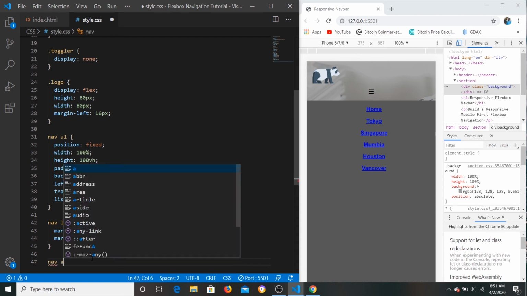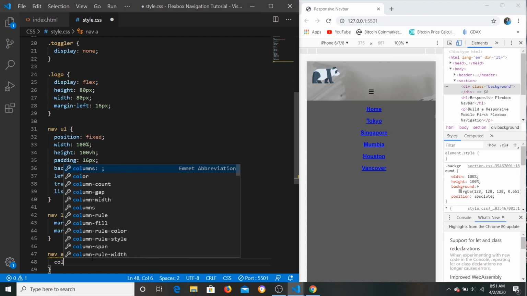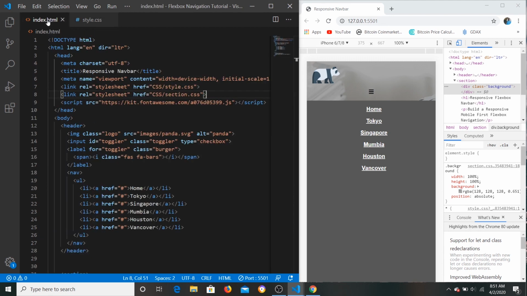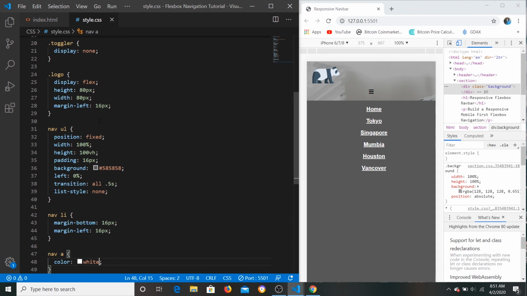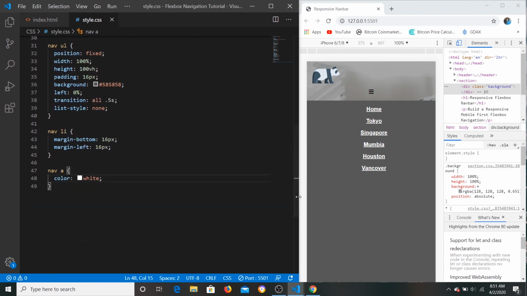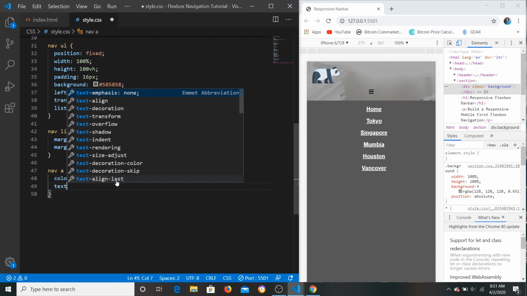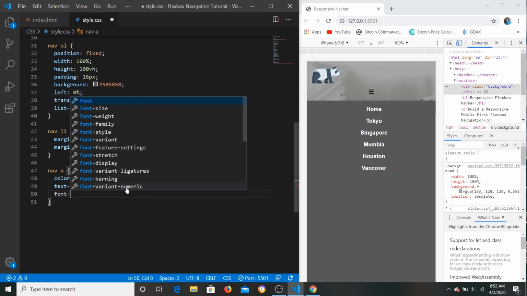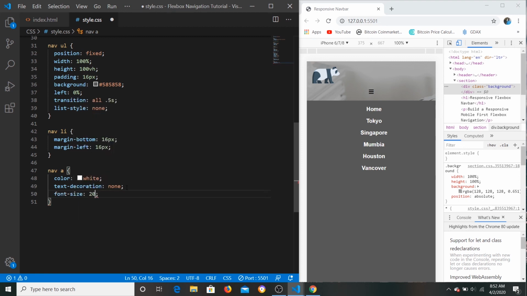Now we're going to go to nav A, color white. So this is going to change our nav items. So we can look over in the HTML, it's the nav and then the A. Okay. So now we want to get rid of the text decoration, none, get rid of the underline there, and we are going to give it a font size, we'll say 20 pixels,